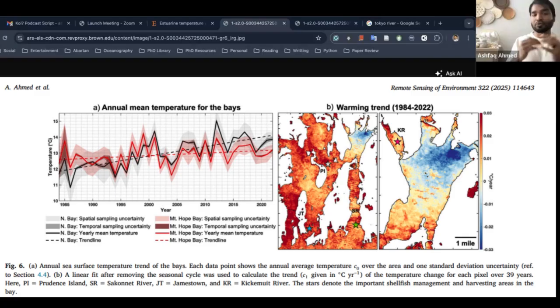And this causes eutrophication. Do you know what eutrophication is? Explain it to the audience. Eutrophication is when organic waste is thrown into a water body, and over time it decomposes and nutrients become available. Exactly. It's kind of nitrogen-based waste. When you throw it in the water, it creates a bloom of phytoplankton. Then this phytoplankton becomes so thick that sunlight cannot penetrate and your animals die, simply speaking. So this is another way to ruin estuaries.